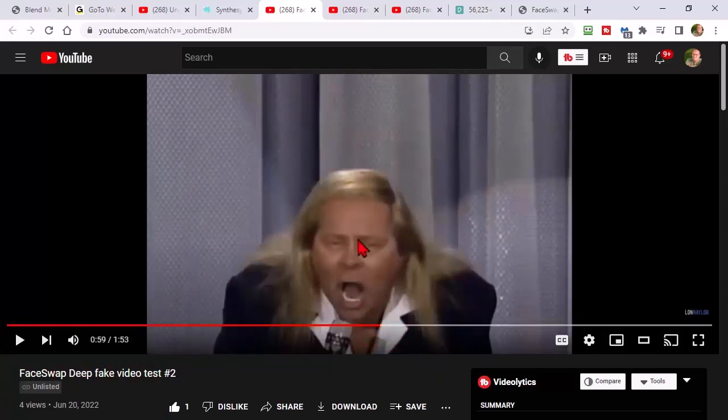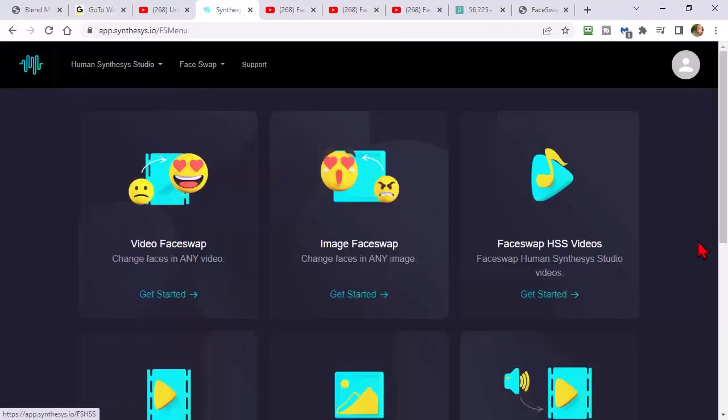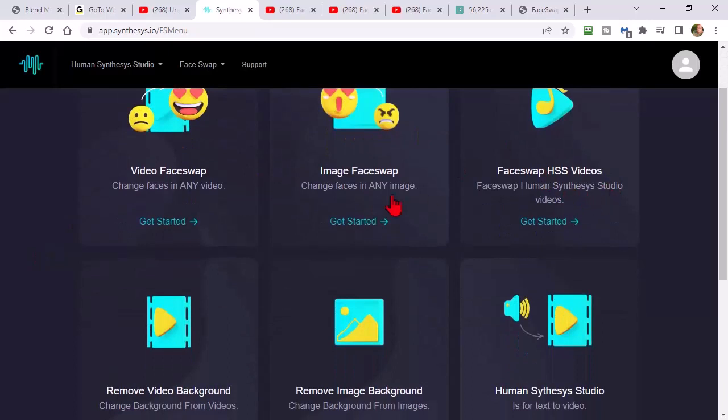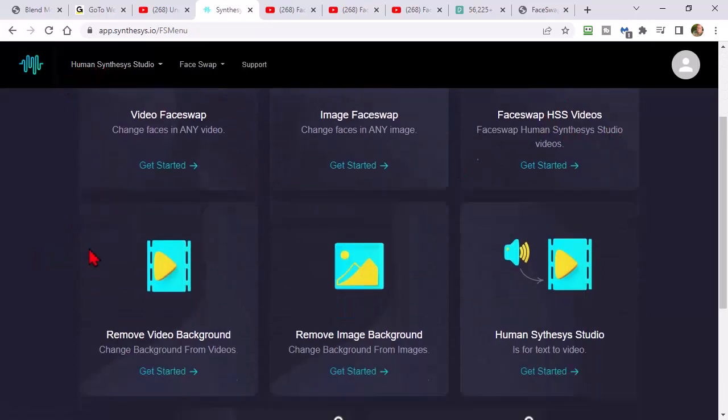Right? So the thing I like about it, though, is it was just fun and easy to do. You tell it which video clip you want to use and what face image you want to put on top. Or you can actually go the other way around, too. You can say, I want this still image to have my video, my lips and stuff moving and voice talking, on somebody else's body or face, right? So there's just a myriad of ways to do it, and then you can do the same thing with images and swap them out. And there's a couple of other things with some of their other products. I didn't really check those.